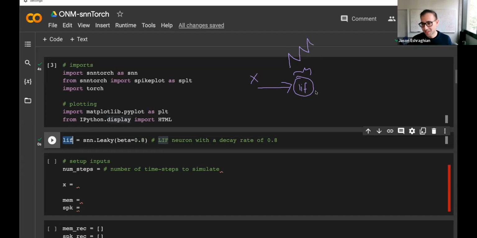Then the output: if this membrane potential reaches some threshold, if it gets excited enough, it's going to trigger some output spike activity. And the spike is either going to be a 0 or a 1. So that's what this LIF neuron is doing. How do I delete all of that? Got it.